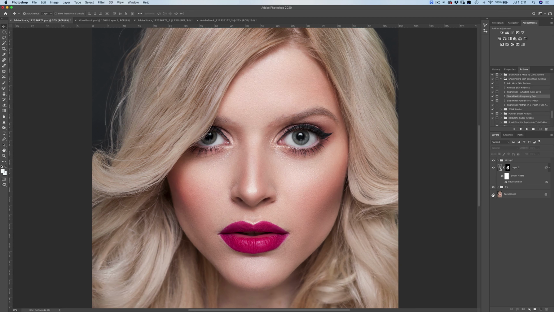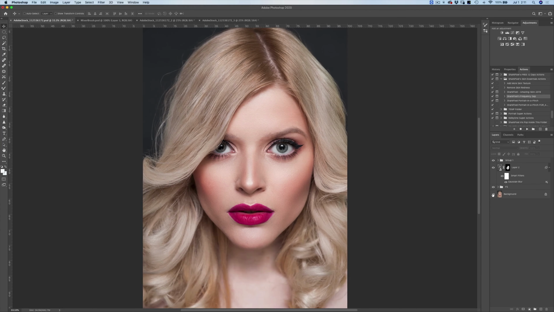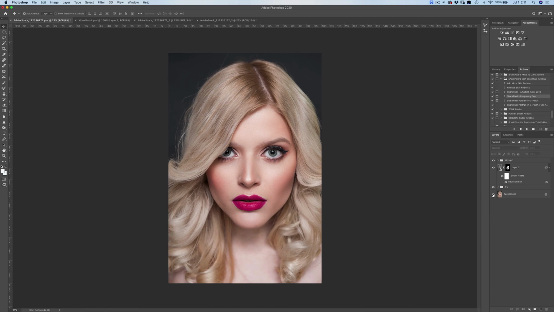You can see the inconsistencies on the chin of the model. You can also see the texture that we improved on the bridge of the nose. And you can also see where we improved on the texture as well on the forehead. And like I mentioned in the intro, if I zoom out and I turn the visibility of our work on and off, you can see the frequency separation that I did on the hair as well. So we have a lot to cover in this class, but what you need to learn first is how to set up the layers so that you can make these changes, right?